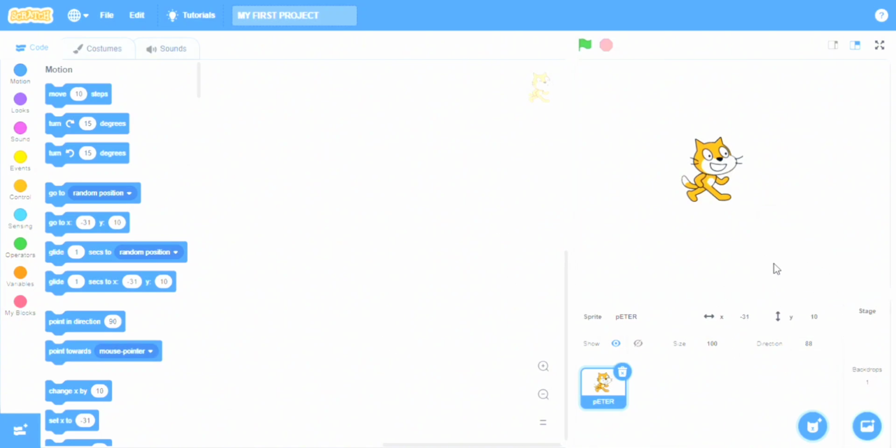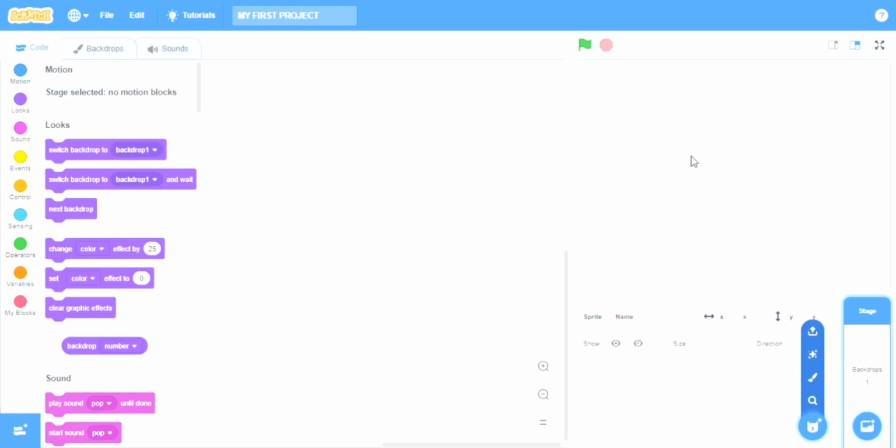So now, as you can see, if you want to add a different sprite, or let's say you don't want Peter to be a cat, and you want to delete him, you just click on this recycle bin on top of his name, click it, it goes off. As you can see, once Peter goes off, there's nothing to move again. So you have to go to this choose a sprite, click on it,